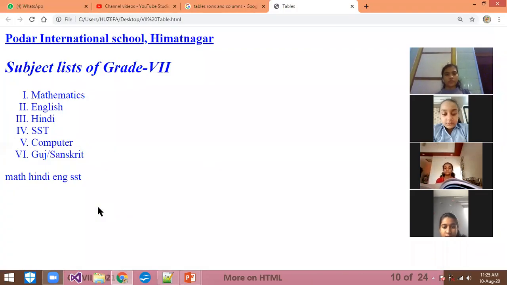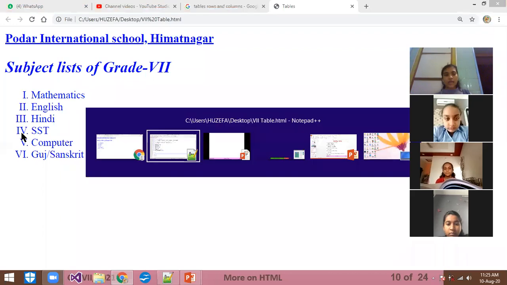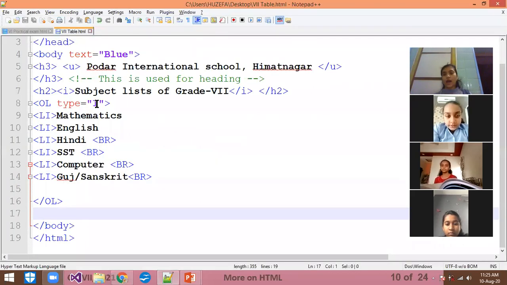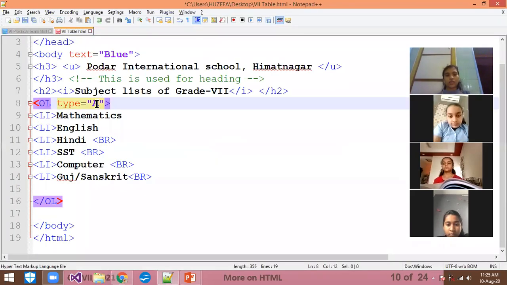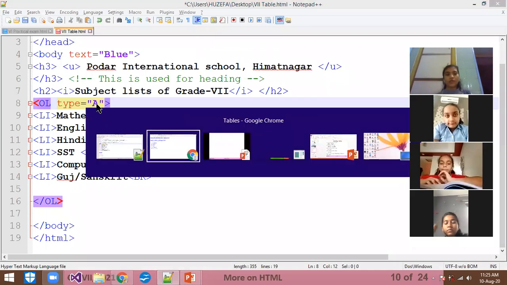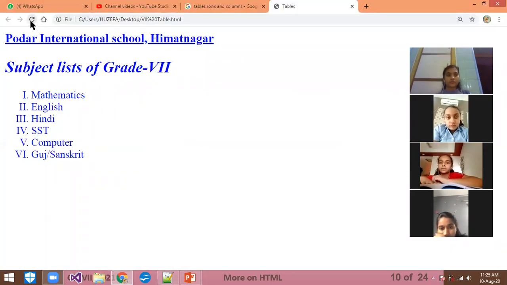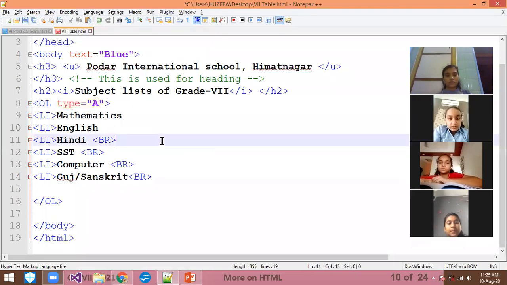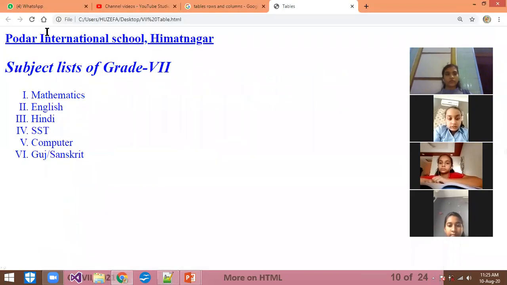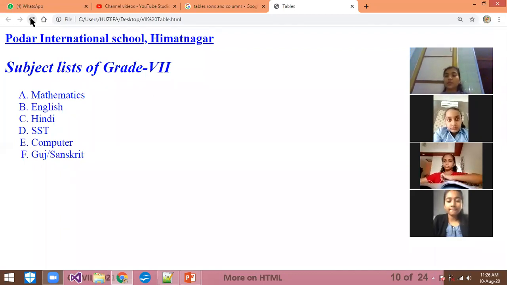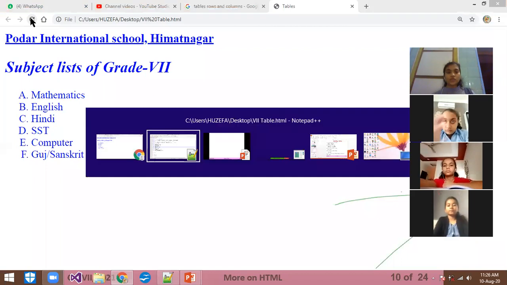Okay, so you can see the numbers here in Roman form just because I wrote type equals to I. Whenever I write A, you can see it in the form of ABCD. Okay, I forgot to save it. So it will be converted into ABCD. If you understood what the OL and the UL are, then it will be easy for you to create a table. So simply let's learn.